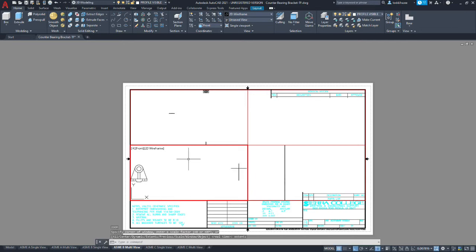Okay, so we have our front view. And one last time, zoom. Oh, looks like I got a different command. Zoom. Extents. Okay, and we have our right side view over here.